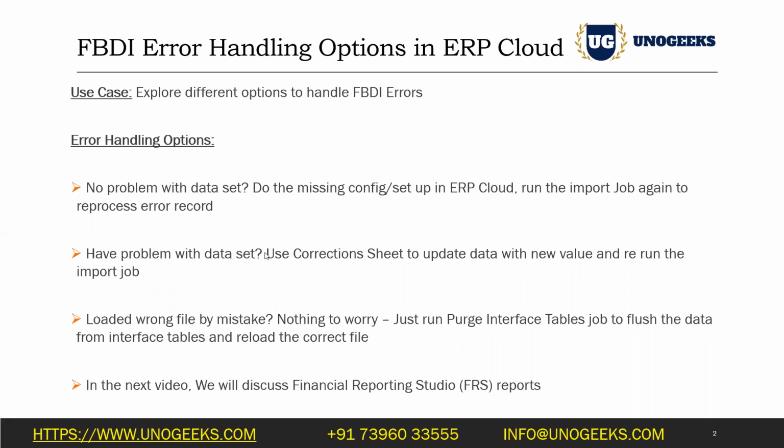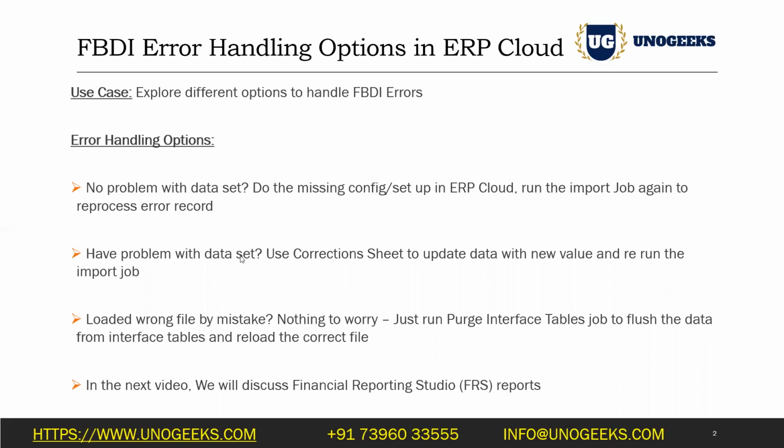And you went back to the client saying that, yeah, you ran into an error, and the client said that there are some corrections that you need to make, or in other words, you have a data set loaded into the interface table, but that data needs to be corrected. So how do you do it? Is there a way to do it?